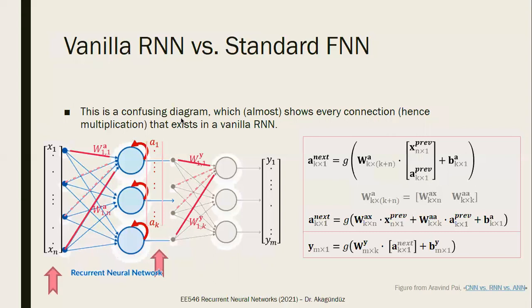Usually when you come across vanilla RNN diagrams or RNN figures, not all these connections are shown. You don't have to show them, but you need to understand them, because if you don't understand these connections, these matrix multiplications won't make any sense to you. And in this course, or in any paper you find in the literature, or in some blogs or books, these will not be the diagrams you come across.